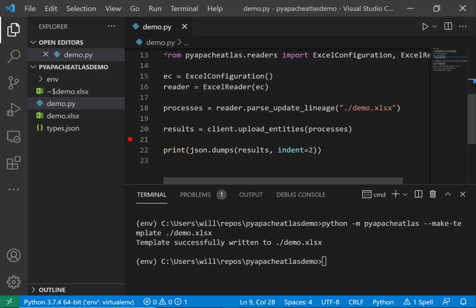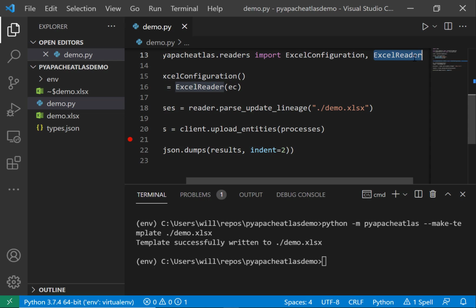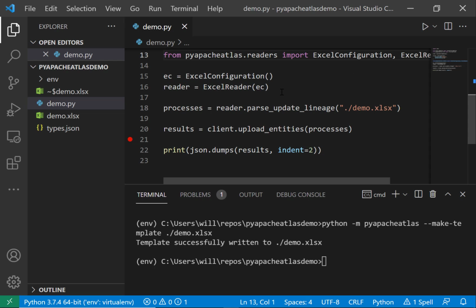Next, I'm actually going to import a couple things. I'm going to import an Excel configuration as well as an Excel reader. This Excel configuration just says, hey, take the default options, right? Since I did not customize my template, which you are able to, I'm just going to create the defaults. Next, I have to pass that configuration into the reader itself to say, hey, this is how you should read this particular Excel file. These are all the configuration variables you might need. Excellent. So now I have this reader,